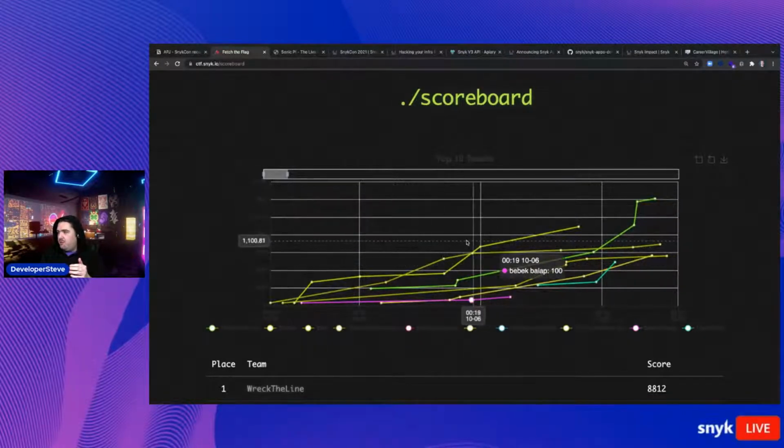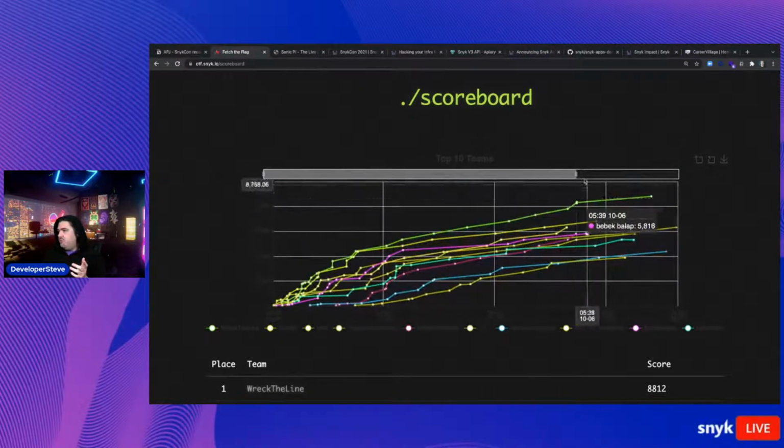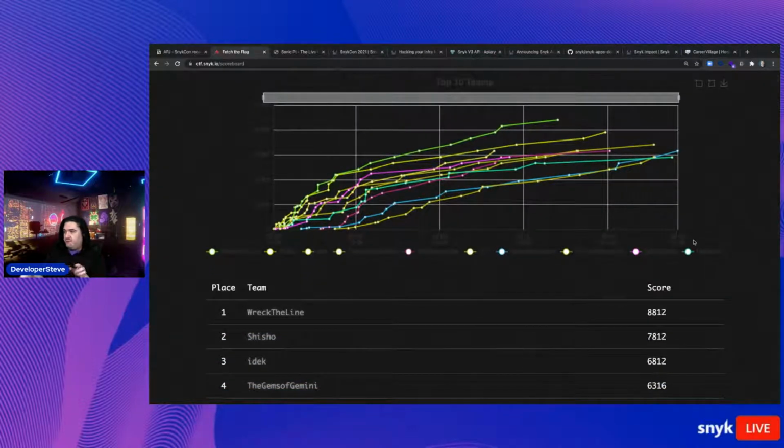I think there was a point where there was 1 point between the top two teams, which was mind-blowing. I was literally watching it refresh in real time, and it was so close. The competition itself ended up so, as you can see there, I actually have a really nice MP4. I tweeted out about this too, of that animation. But kudos to Team Wreck the Line, who came first, and Team